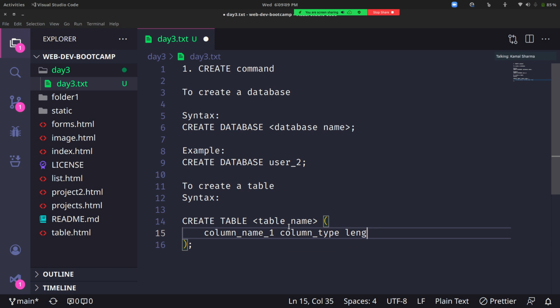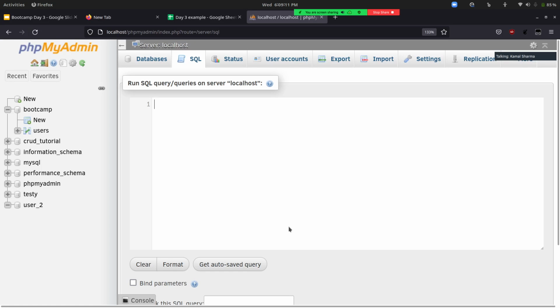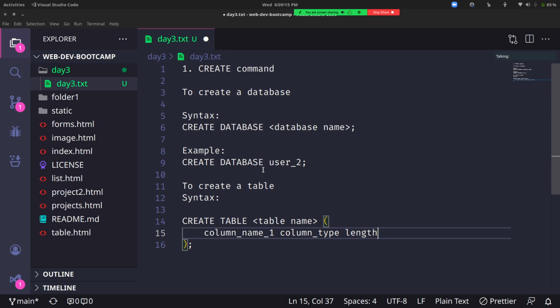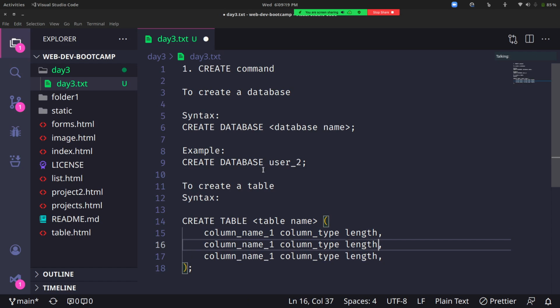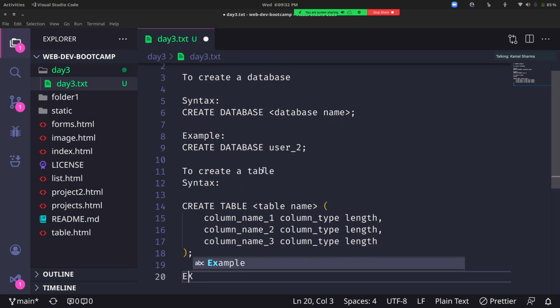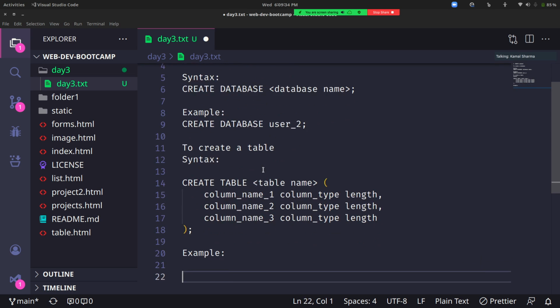Like we had described the length for the name here, right? In a similar way, and you have to separate them. If you have more than one column, this is just a syntax, not the actual query. So column 2, column 3, and like that you can have as many columns as you want.